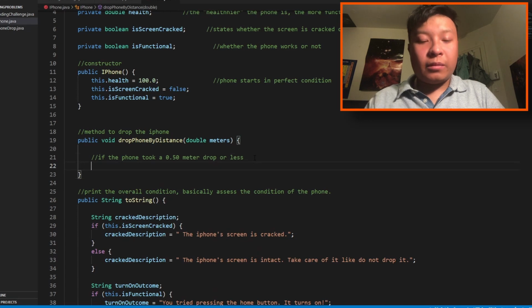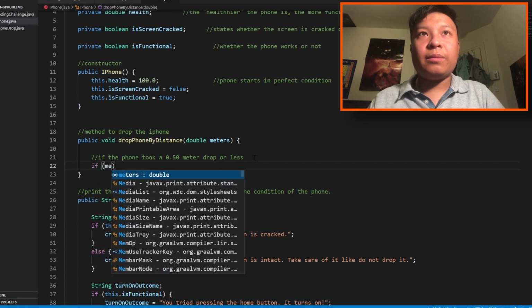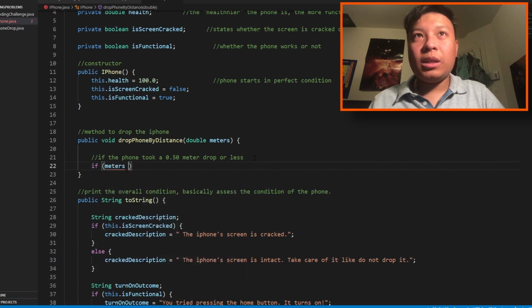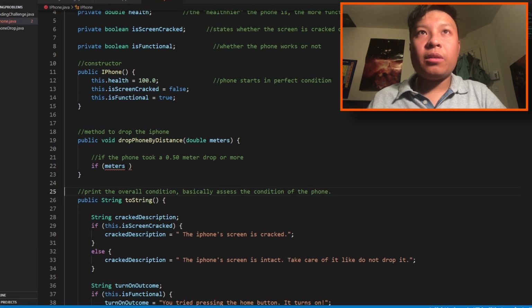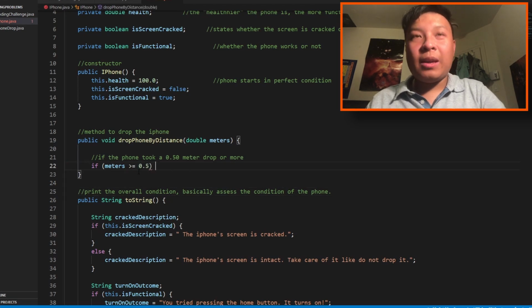Yeah, if meters or more, let's do or more. If meters is greater or equal to 0.5, I would